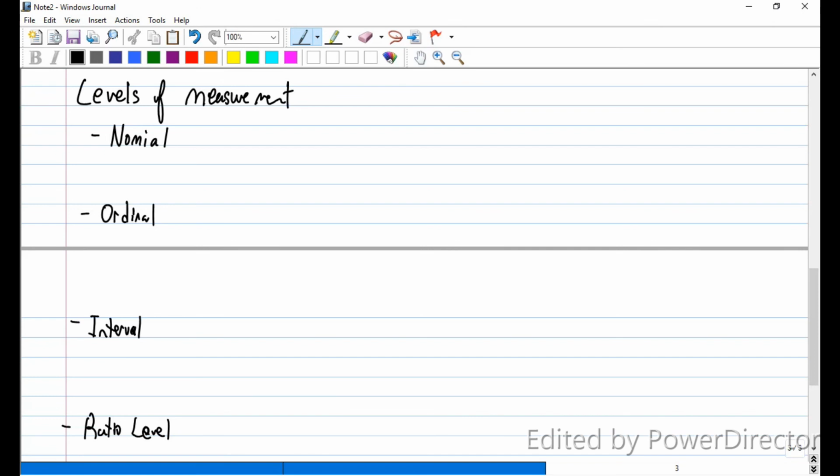I don't know why I put level on the end of that, even though they're all nominal level, ordinal level, interval level, ratio level. All right, so in the nominal level,